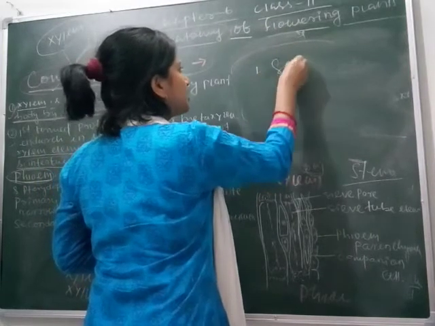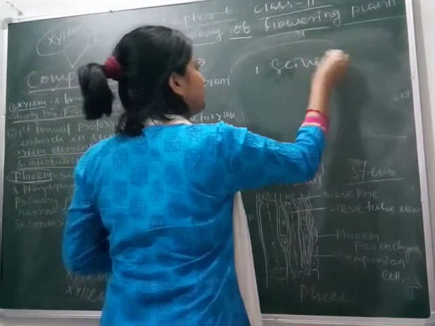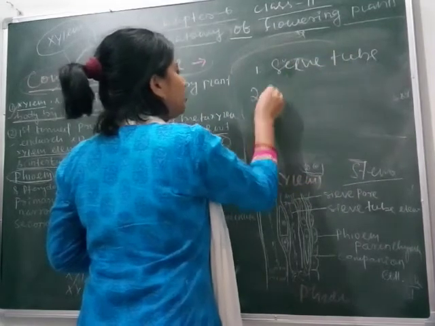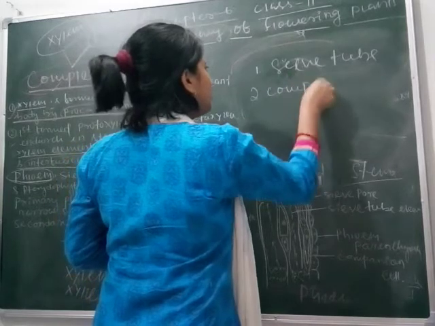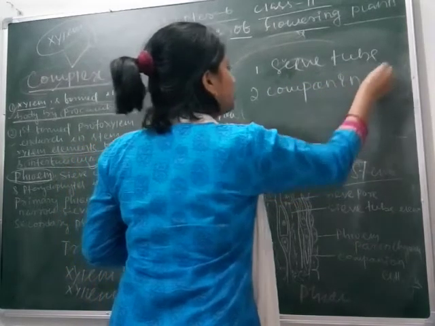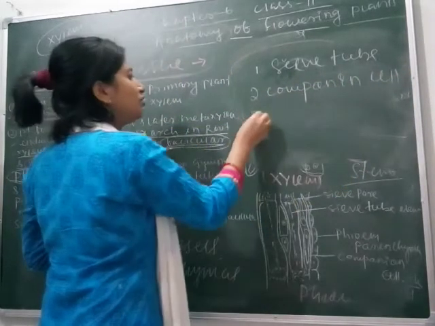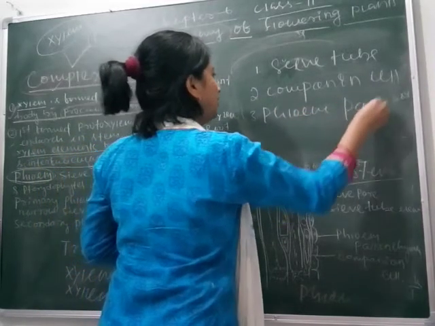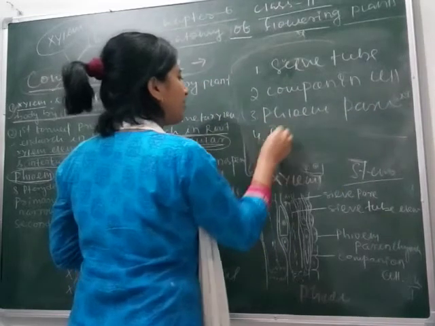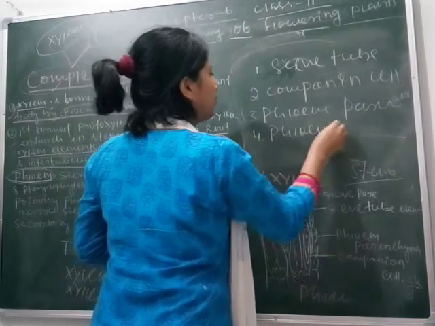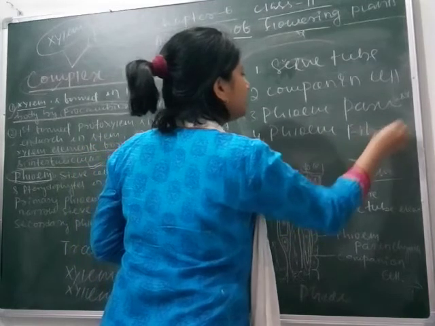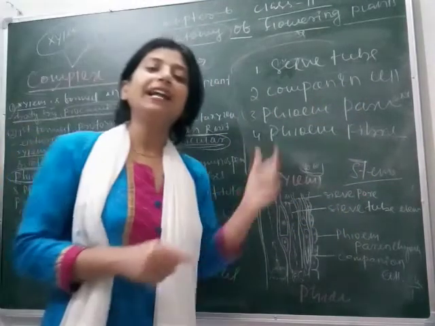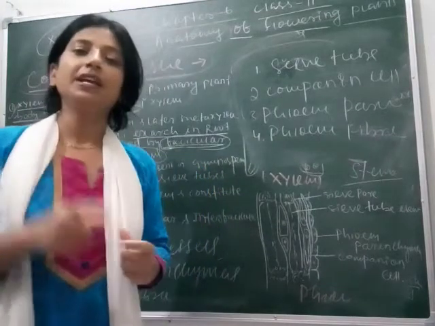First is your sieve tube. Second is your companion cell. Clear, students? Third is your phloem parenchyma. And fourth is phloem fiber. So these are the 4 elements which together constitute the phloem and help in the transportation of food in different